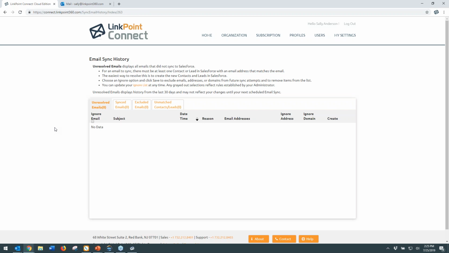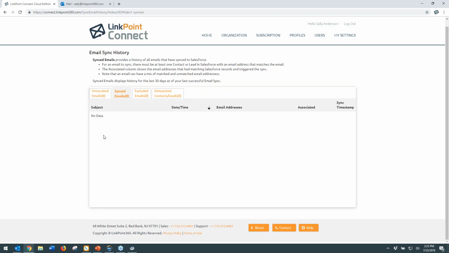Yours will be less blank than mine, but it will actually list for you every single email that's synced, items that didn't go because there was no contact that matched at the time, items that were excluded because you've set them to be ignored. Maybe you've told the system to ignore a certain email address. So our sync rules are so robust and our sync history is a pretty firm audit of the rules that